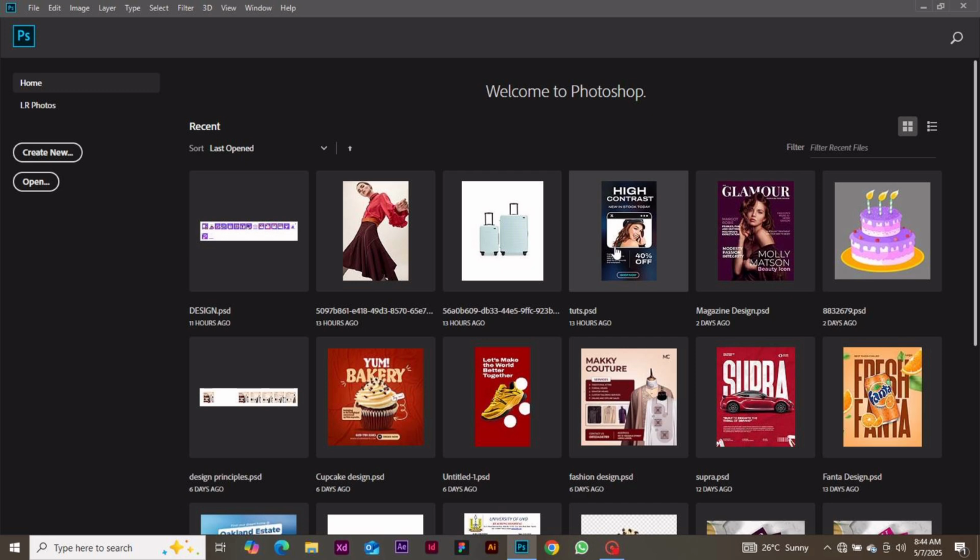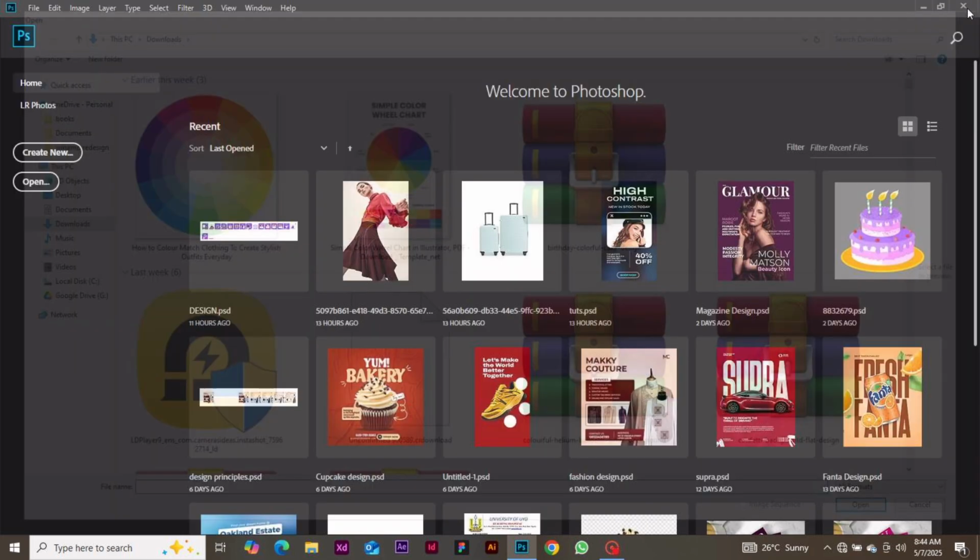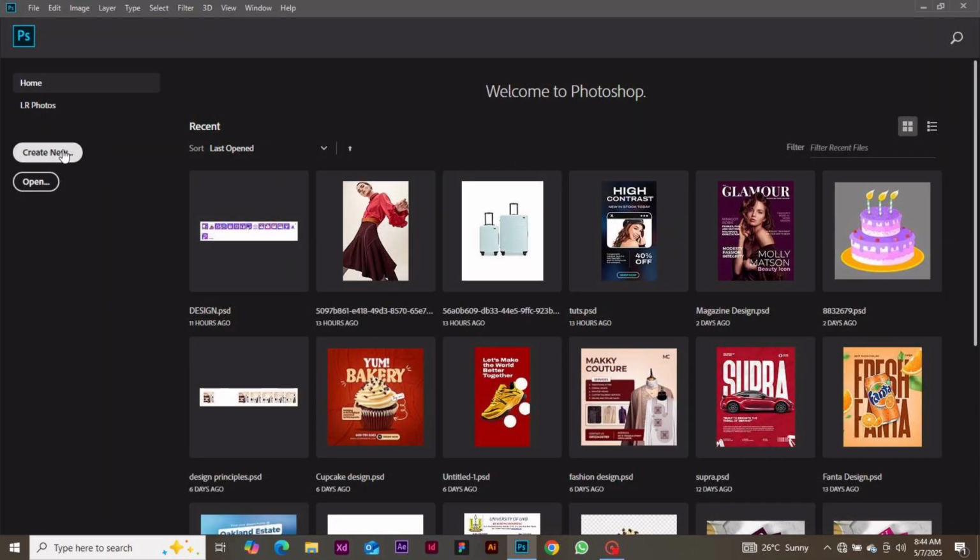But if you have been designing, you're going to find your recent files here on Photoshop. If eventually you start designing, when you open your Photoshop, you will start seeing all your recent works here. So, after opening your Photoshop, there are two ways that you can either open a file, you can either click it to open a previous file, or you can create new to create a new canvas. So this is what you do. You click on create new